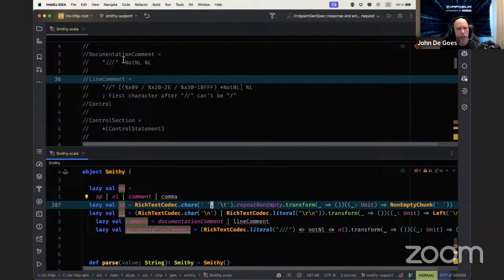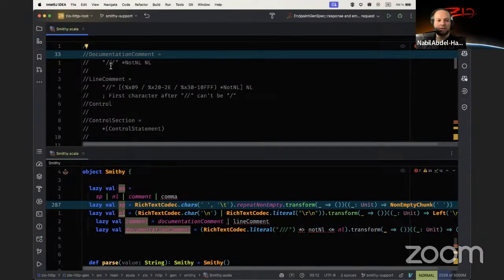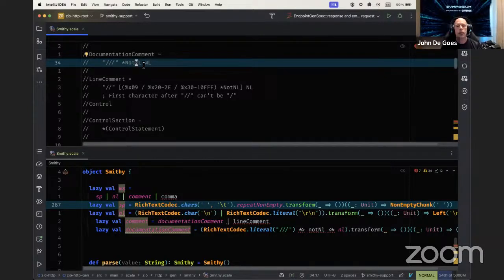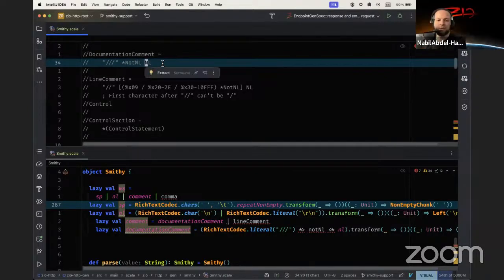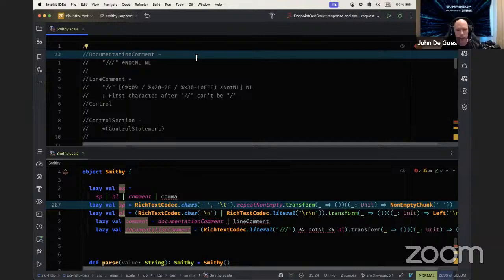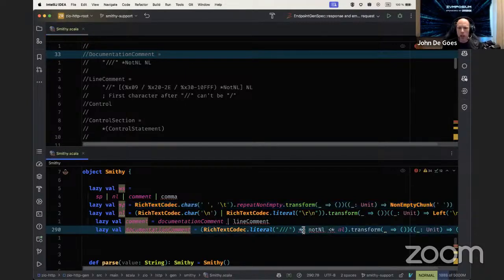So documentation comment is actually easier, right? It's just triple slash, then any kind of character that is not a new line, and it ends with a new line. Okay. And right now it's using these right fish and left fish operators, which I don't know if